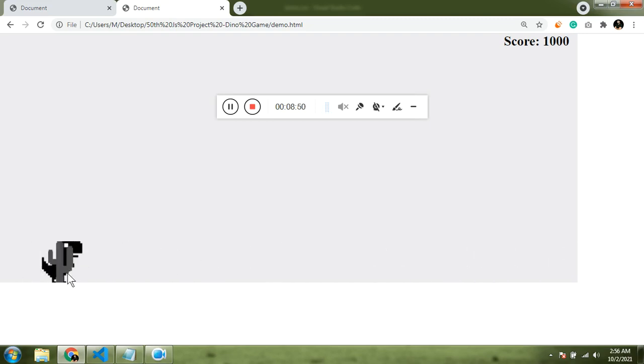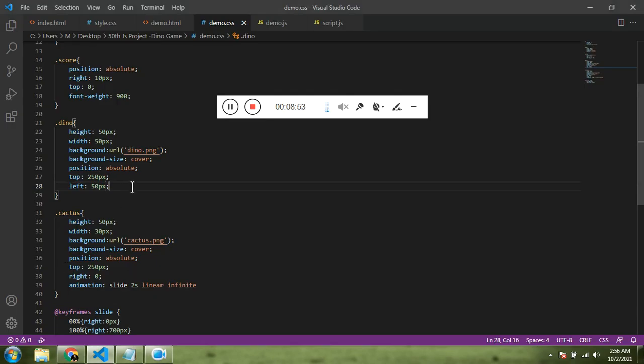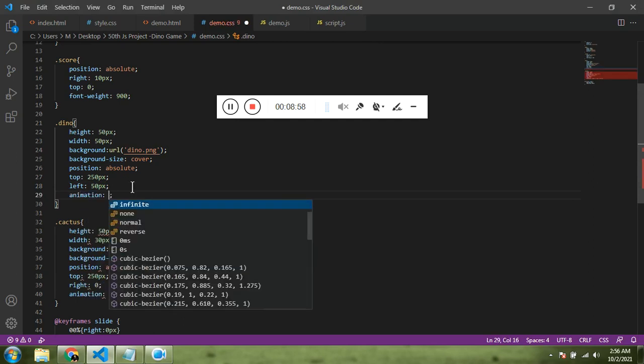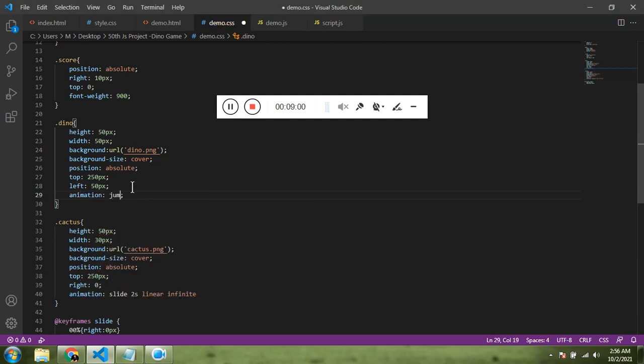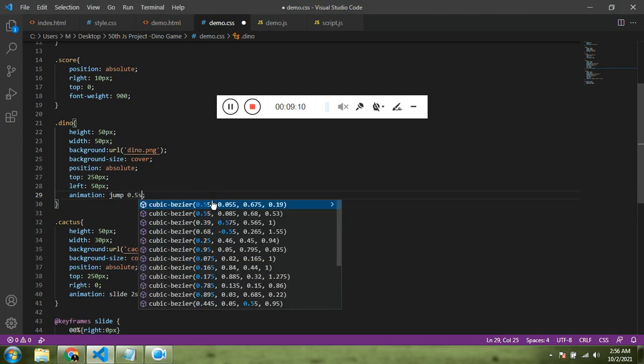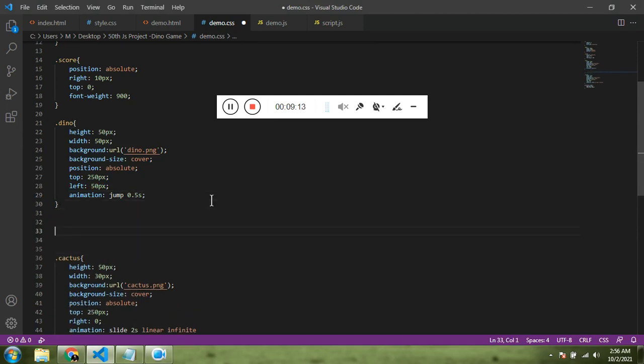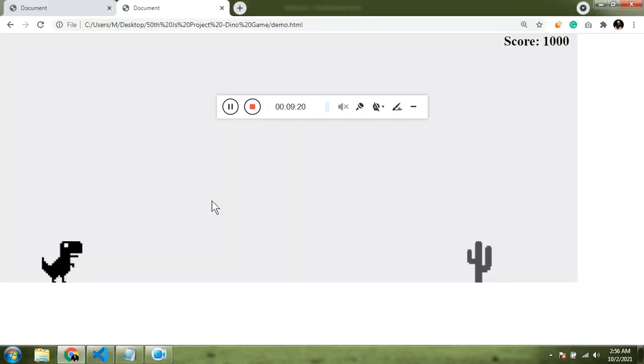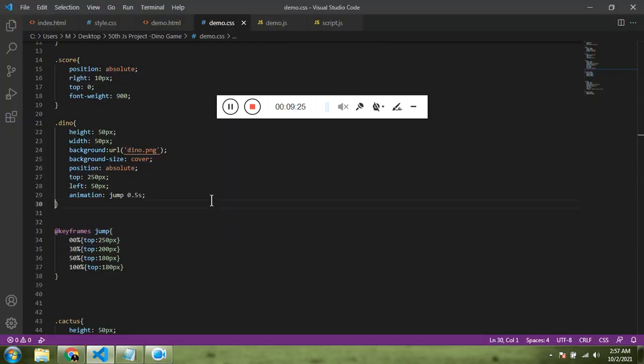Now we are close. Now let's add the animation for jump to the dino. Animation jump is the animation name, and I want the animation to be of 0.5 second. Now let's define the jump. As I said, here also we are using the calculation. Let me show you. Refresh it, it is going to jump once. Refresh again. If I make this infinite and